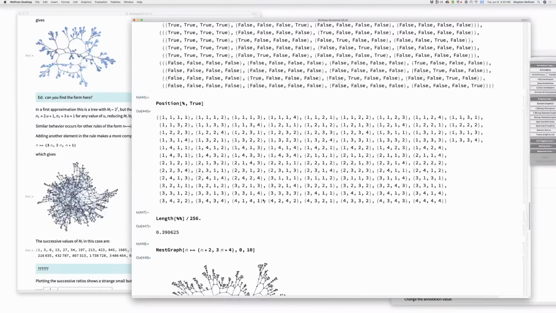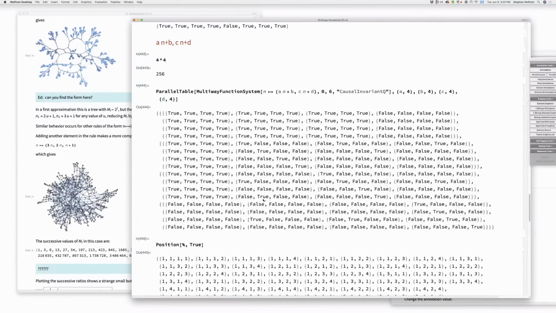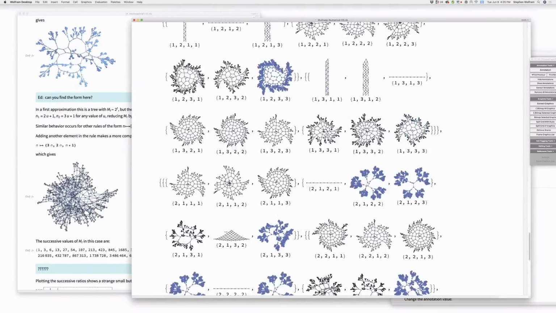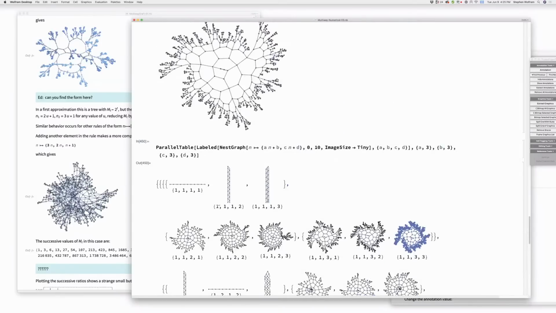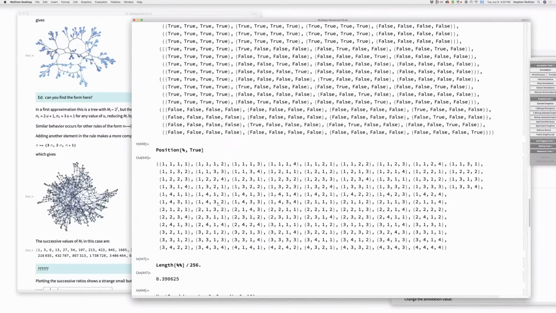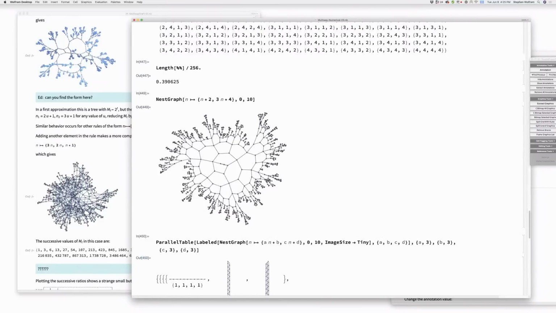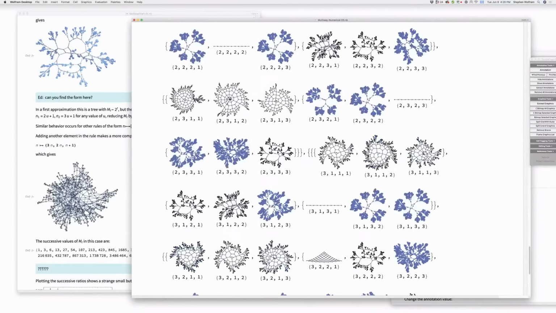I want to take the ones that are causal invariant. I want to take this list here. Is there an obvious way to take just the, so line 444, we want to take, no, I know what we want to do. What we want to do is take this list here, %445, and we want to say